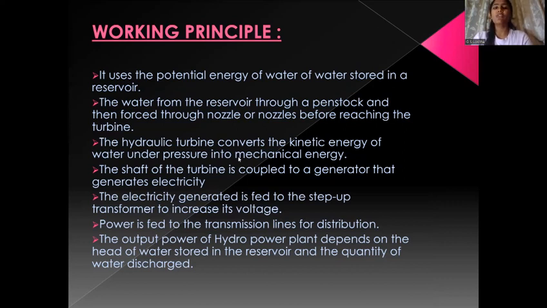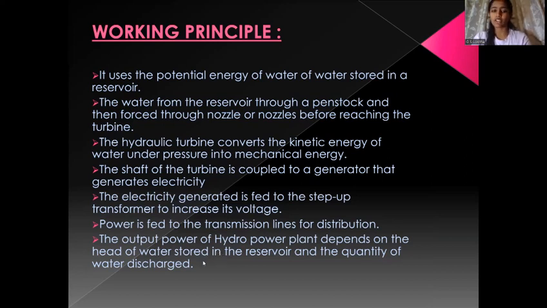The shaft of the turbine is coupled to a generator that generates electricity. The electricity generated is fed to the step-up transformer to increase its voltage. The power is fed through the transmission lines for distribution. The output power of a hydro power plant depends on the head of water stored in the reservoir and the quantity of